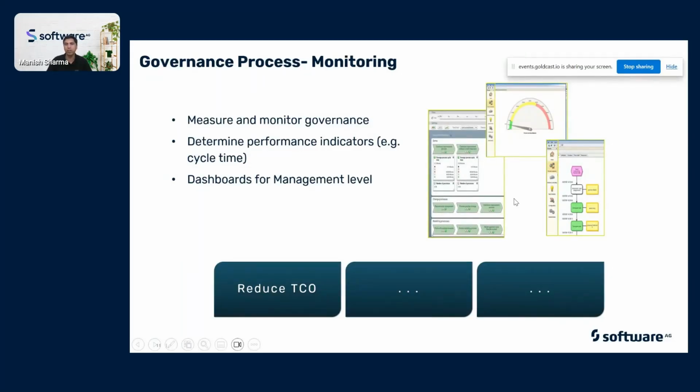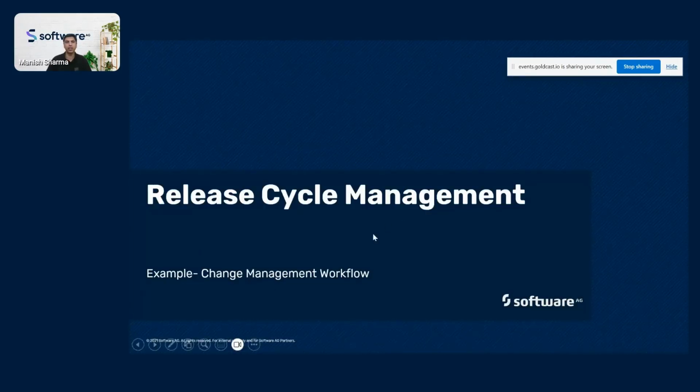I'll show you an example today, which is a representation of the status of the governance workflows, the processes that are undergoing change. So that's about the governance. The idea is that there is some sort of workflow that allows you to manage change in a structured manner. So you can decide what that governance process should look like and design it of your own, and use the ready-made services to manage automated activities within it. To bring this to life, I'll take an example of change management workflow today to work with it and show you how it